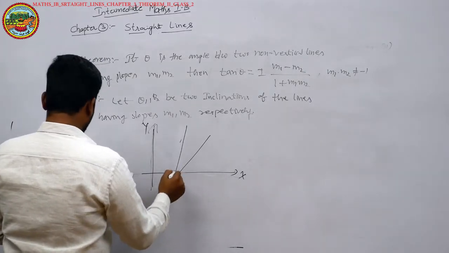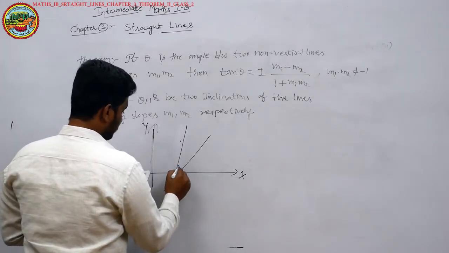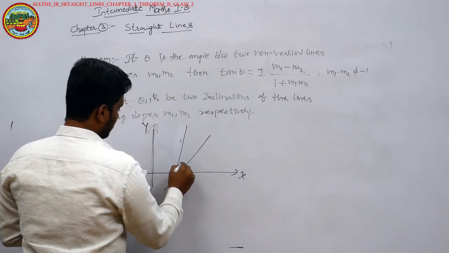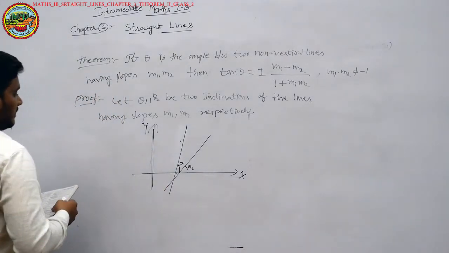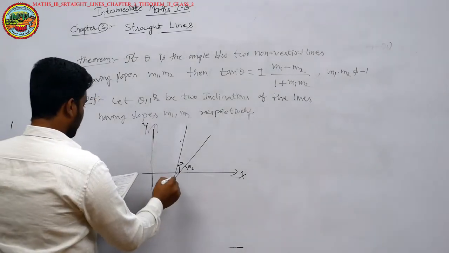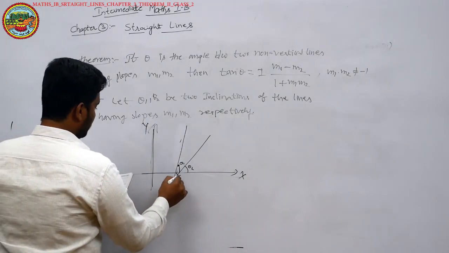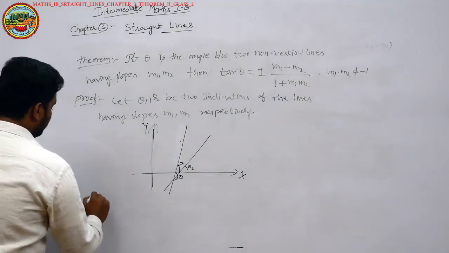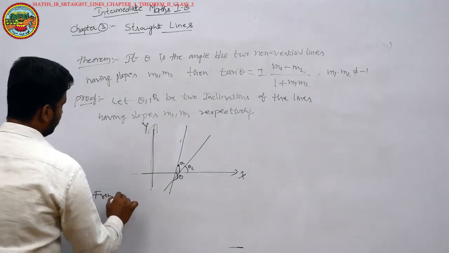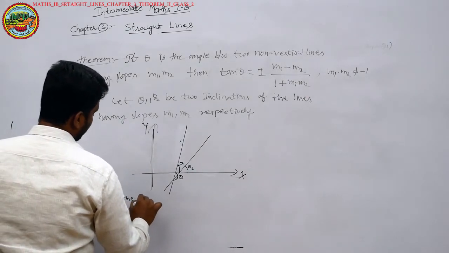So here is the theta 1 and this is the theta 2. These are the two non-vertical lines, okay, and this is the angle of inclination theta c, okay. From the figure we have, from the above diagram